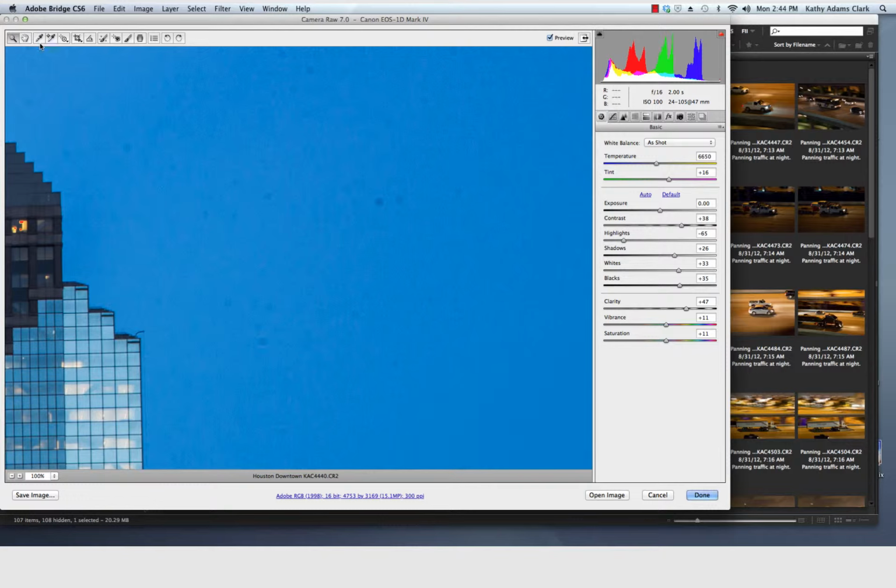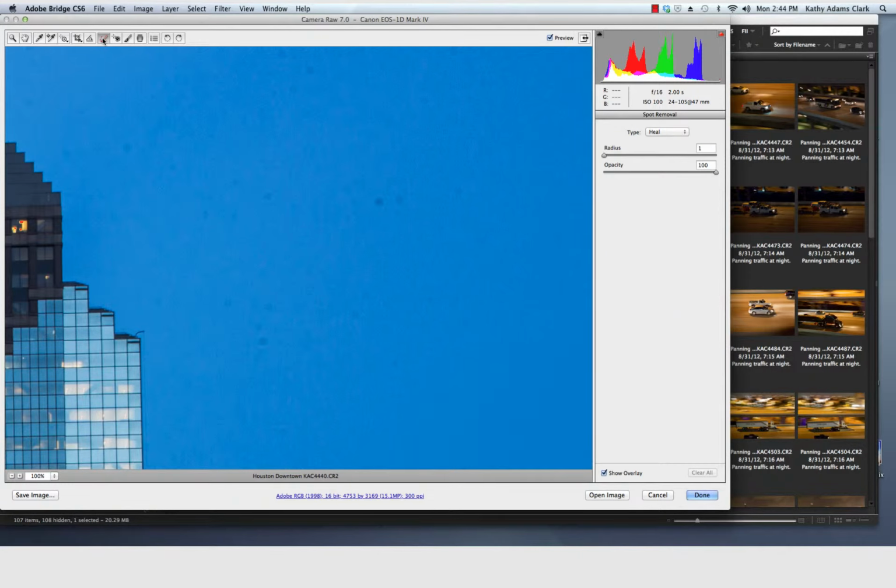My sensor obviously needs cleaning. So I'm going to go to this spot removal tool right here. I'm going to go to clone, and I'm going to give it just a very small circle. As I move my radius, it gives me a very small circle, and I'm going to make that just a slight bit tinier. I'm going to click on those little spots, and when I click on them, you have